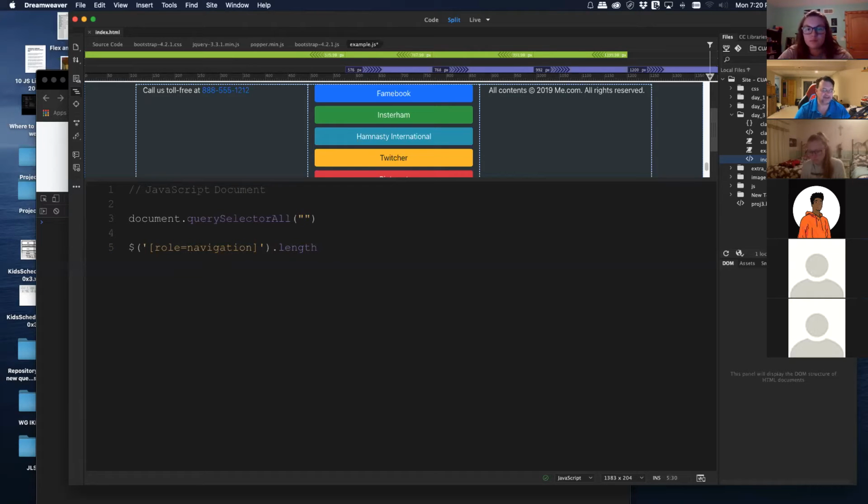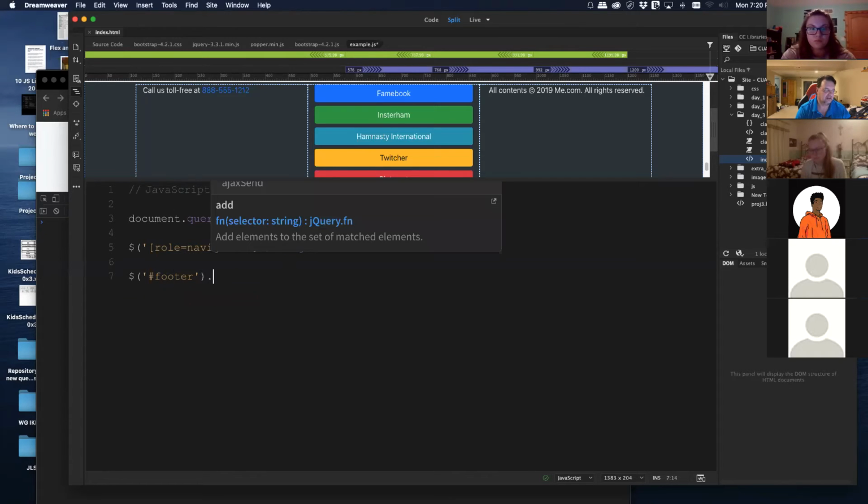That is basically what jQuery is really famous for. Of course, you can also change something with that method. Let's go for something here. For example, if we go for the footer element,